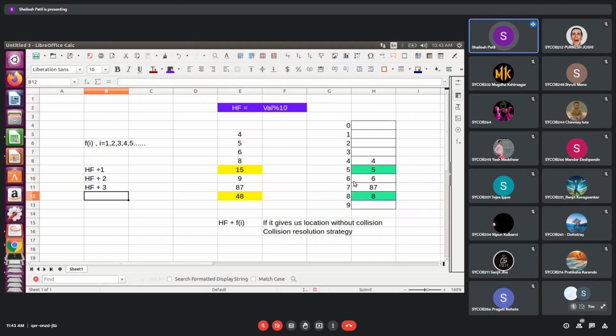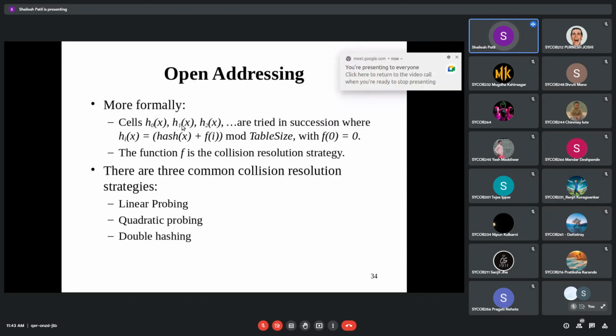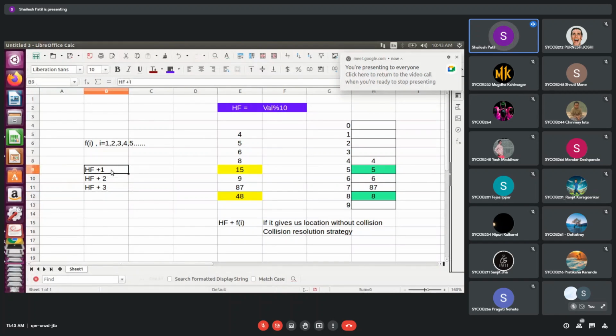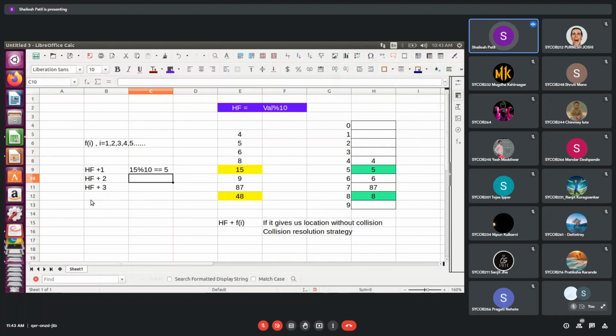Okay, so now we'll have open addressing. So we are here at this place for explanation. Now, h of x plus 1, what happens we'll see in this case. We'll have 15. What h of x will give me? The hash function is value mod 10, so I will write 15 mod 10. It will give me 5 as a return, so I will put 5 over here. Initially 5 is given by the hash function, so it will be 5 plus 1, and the index given will be 6.